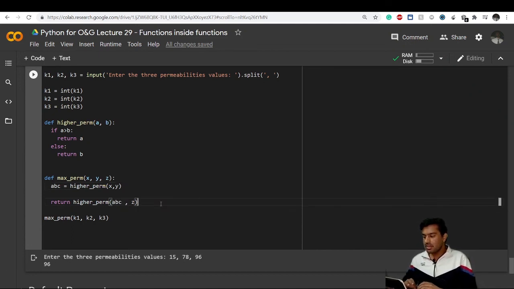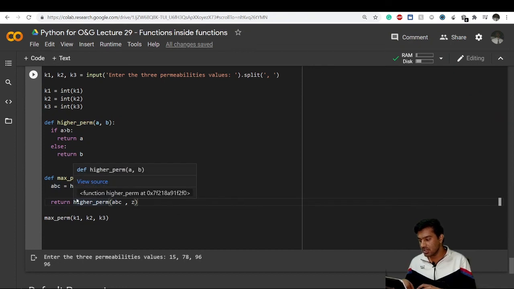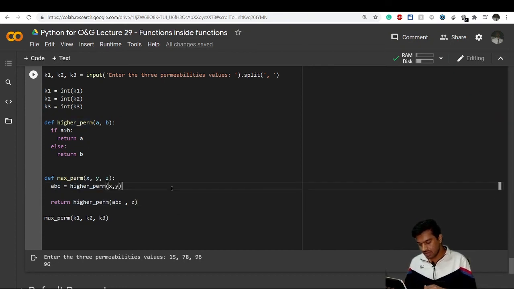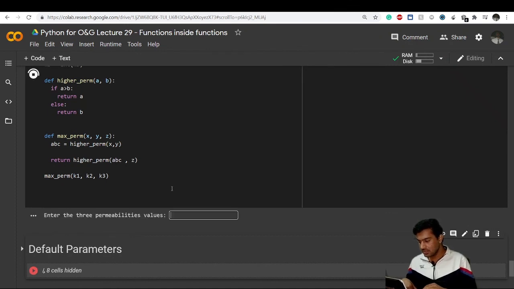This is pretty much the same thing as the previous, but I hope this will make you understand better what I am doing here. In abc, the highest of the permeabilities between x and y will be stored. So this abc and z will now be compared with the help of this function higher permeability, which I have created upwards.